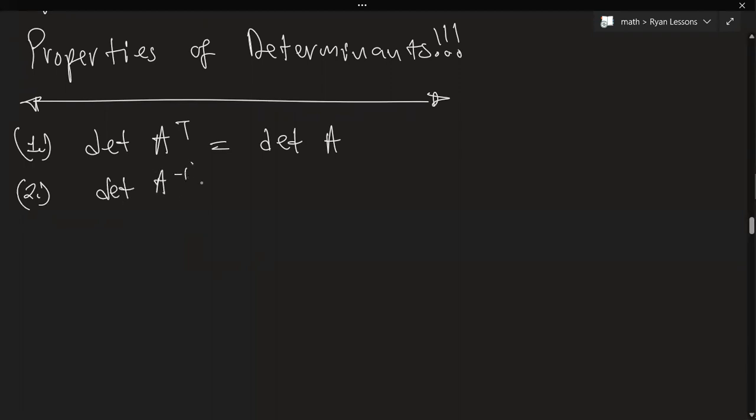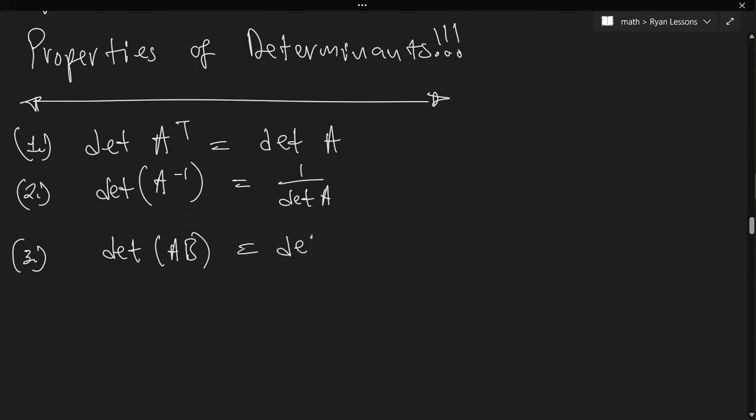Then two, you should also know that the determinant of the inverse, A to the minus 1, is equal to 1 over the determinant of A. And three, we have this very important result: the determinant of the product is the product of the determinants. I think these are very easy to recall and very familiar in linear algebra. But we also have these results that can be quite important in mathematics. It says that if A